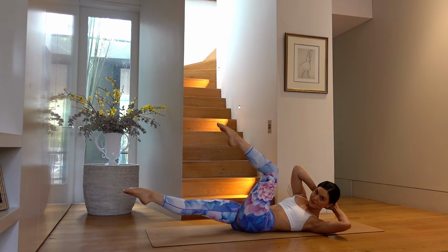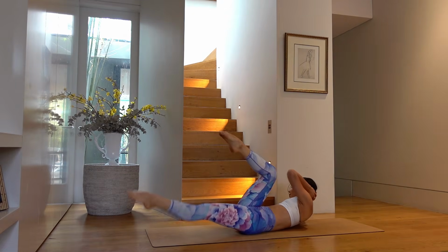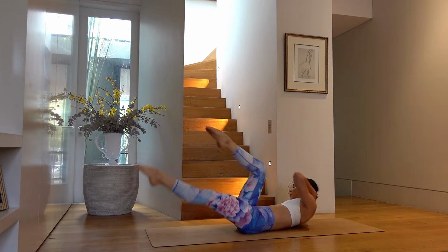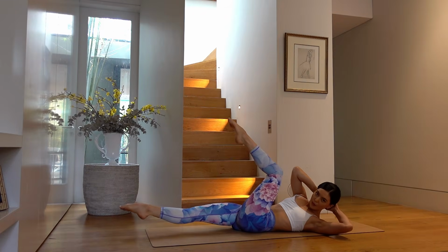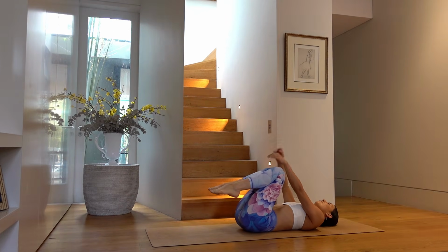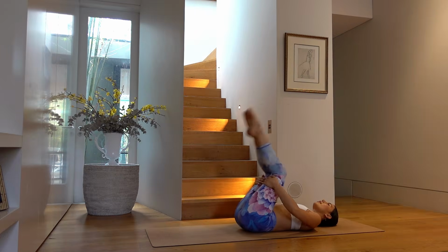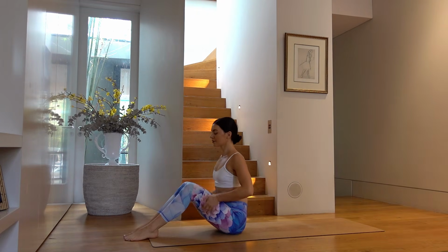Last one, hold in your twist, challenge, just switch side to side for 8, 7, 6, 5, you can do it, 4, 3, 2, and 1. Really good job. Hug your knees in. Take this time to catch your breath and have a little well-deserved rest. Then rock the length of your spine up to a seated position, and let's take a moment to have a